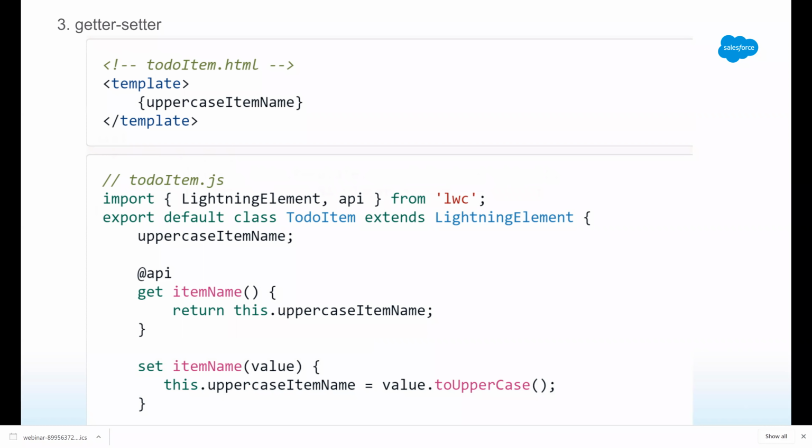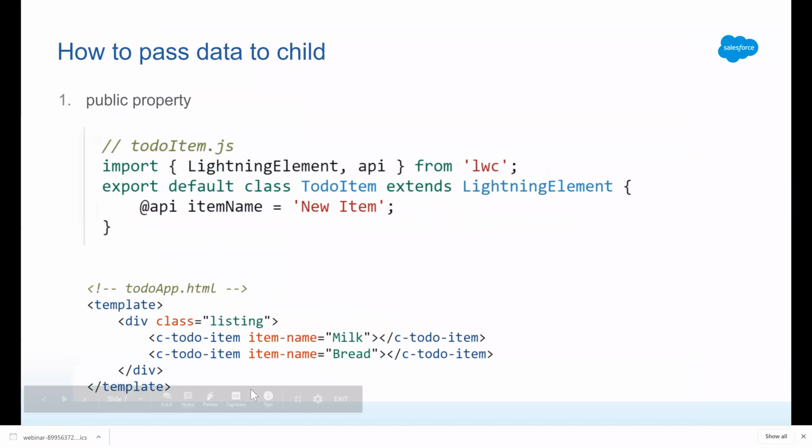So in the first example here, let's say this item name, whenever the parent component passes the item name, I want to convert that into an uppercase name. Whatever text we have here, I want to convert that into uppercase whenever I receive it in the to do item component. With this we cannot do this because